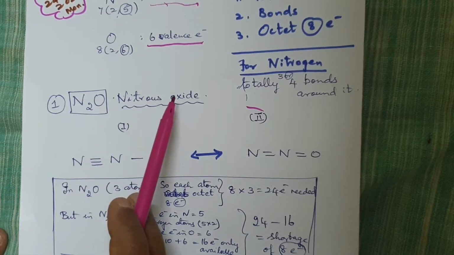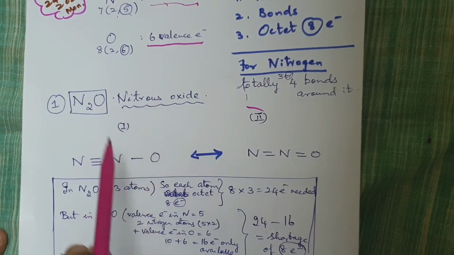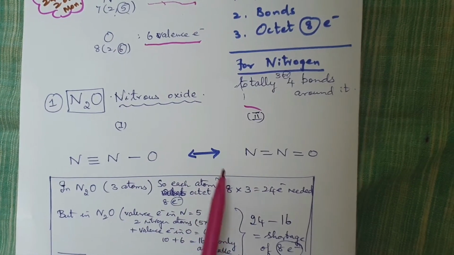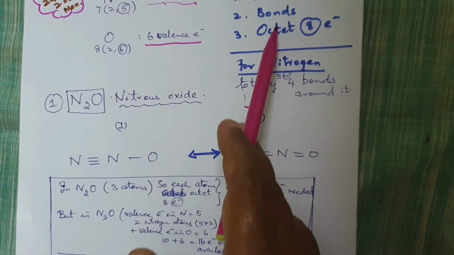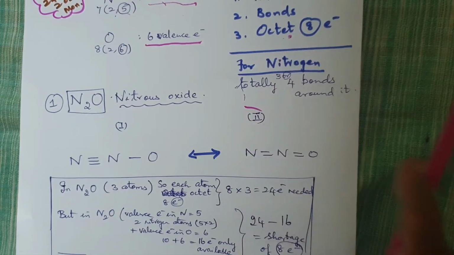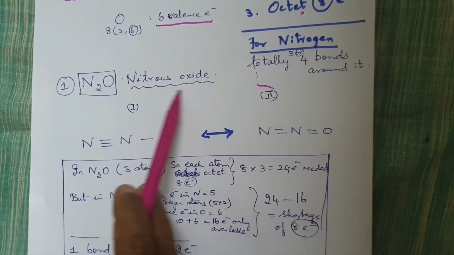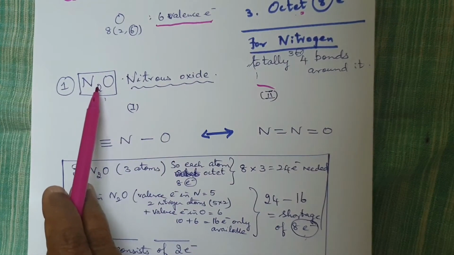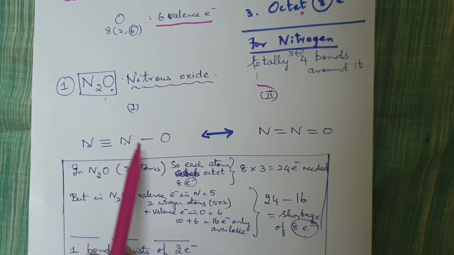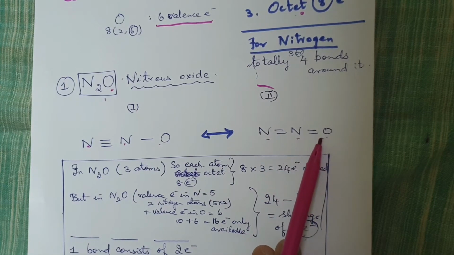In the case of nitrous oxide, how do we write down the structure? Whether one or more than one structure is present, all these we can find out from the valence electrons, the bonds, and knowing about the fulfillment of the octet for writing down the structures. Yes, N2O: 2 atoms of nitrogen and 1 atom of oxygen. So we will write it as 2 nitrogen atoms and 1 oxygen atom. We can also write it another way, with 2 nitrogen atoms and 1 oxygen atom.